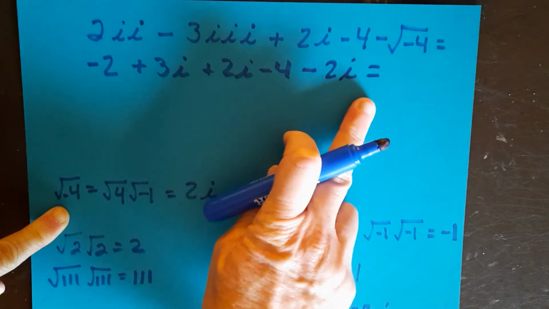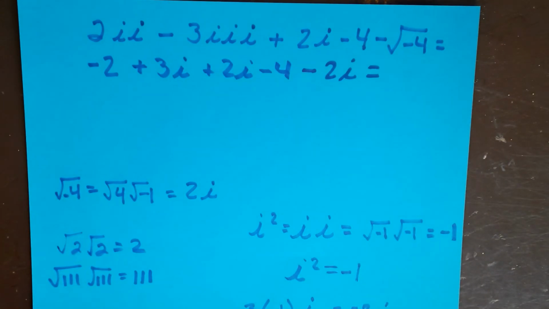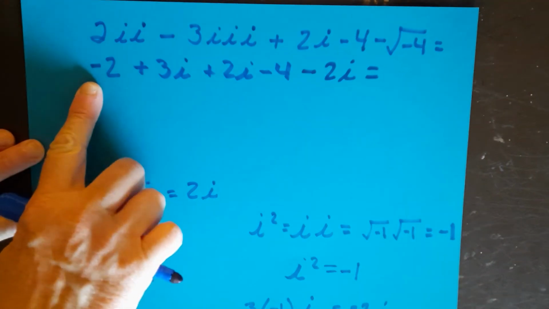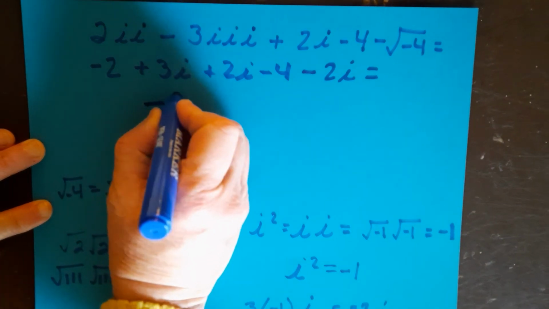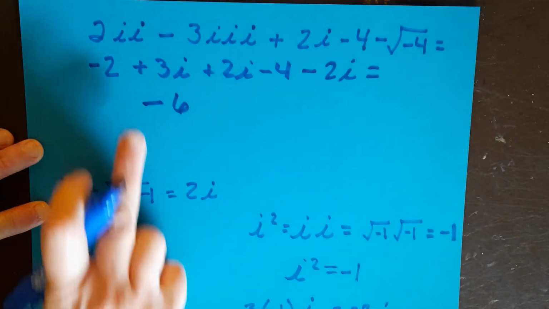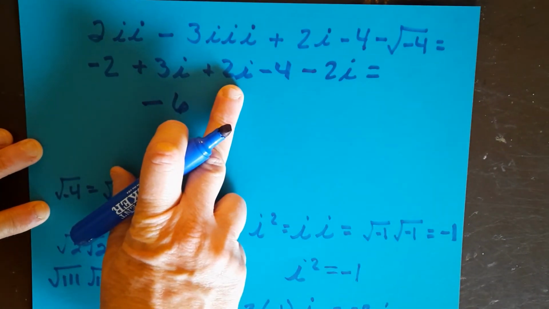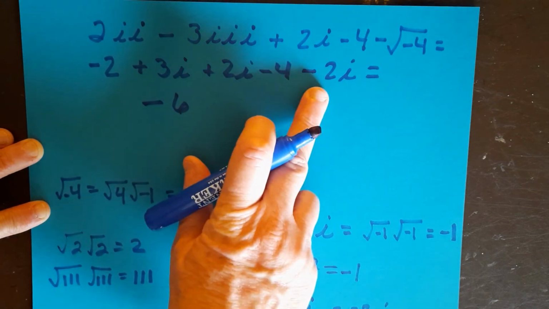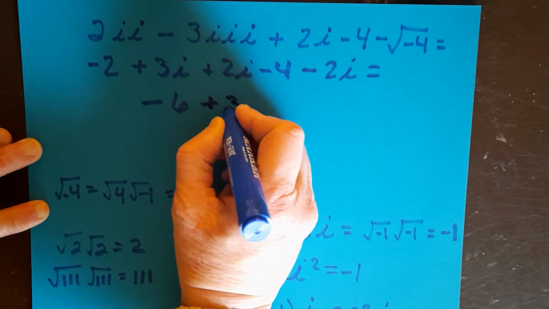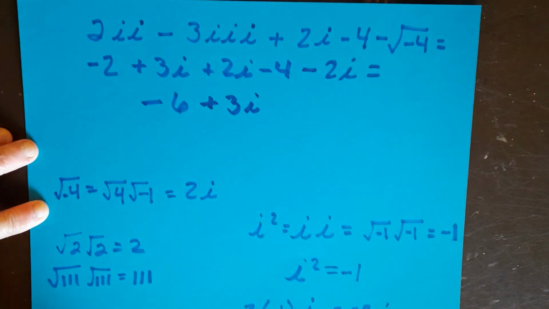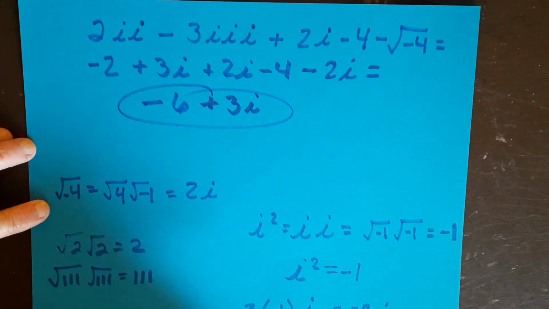Now it's just a matter of finding all the like terms and adding them together. The real numbers become negative 2 minus 4, which is negative 6. Okay? And then we have 3i plus 2i, which is 5i, minus 2i, which is 3i. So we have negative 6 plus 3i. And that's the answer. Okay? I want to show you one more of these, which would be